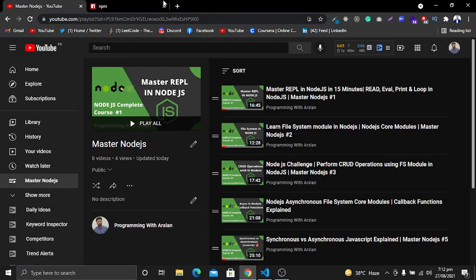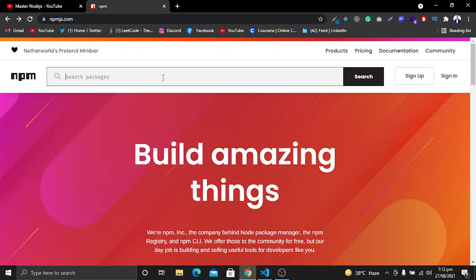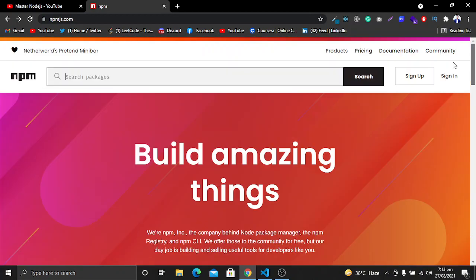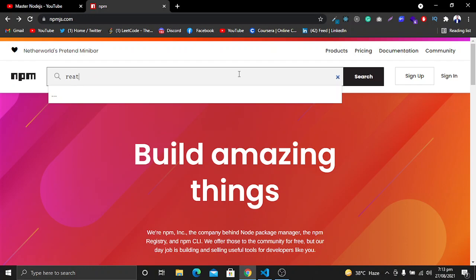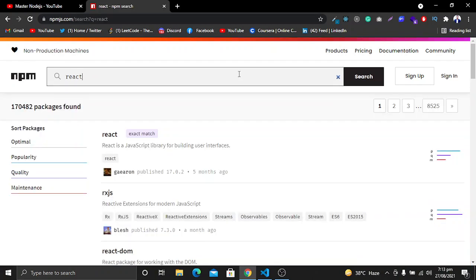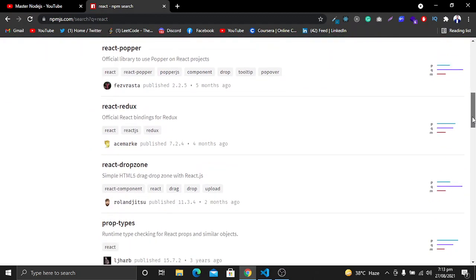So what is npm? Let's go to the website of npm. In npm there are basically all of the third-party packages that you want to install. For example, if I search for the package of react, you will see all of these react packages that you need to use in your project.